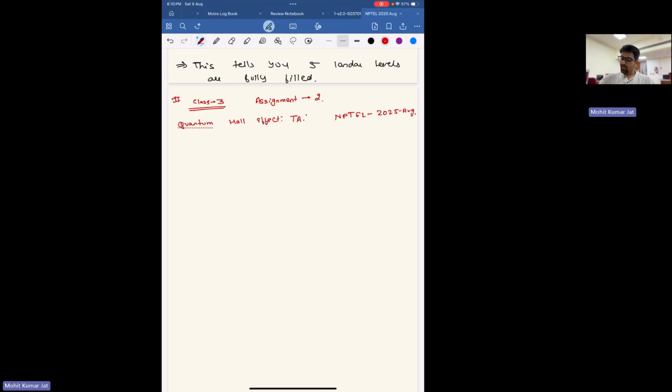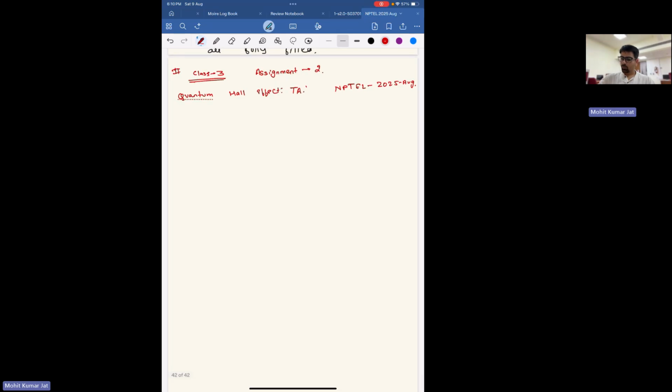So, in today's class, I will be discussing a few of the problems and their solutions, and how to approach these kinds of questions in the exam. Apart from that, a few of the fundamental concepts about the Landau levels. I'll be discussing the incompressibility of the quantum Hall states, the degeneracy of those states, and the density of states accompanied with these quantum Hall systems.